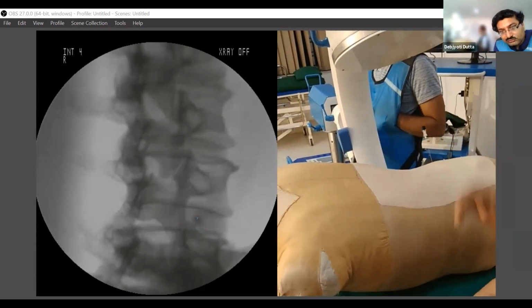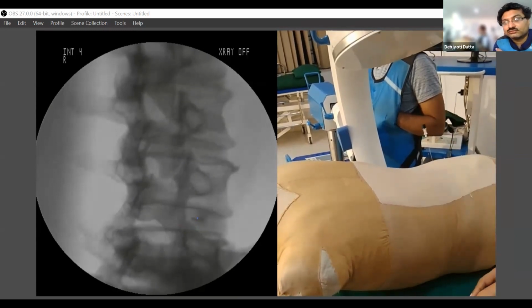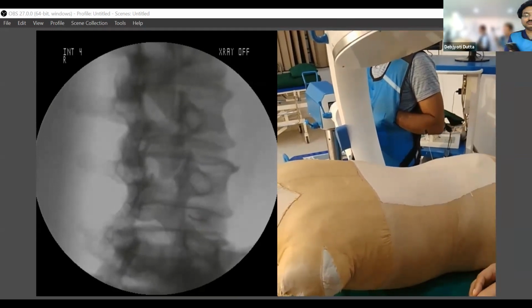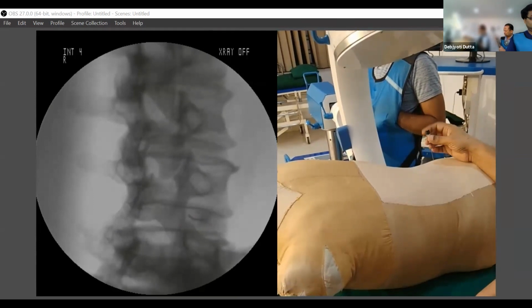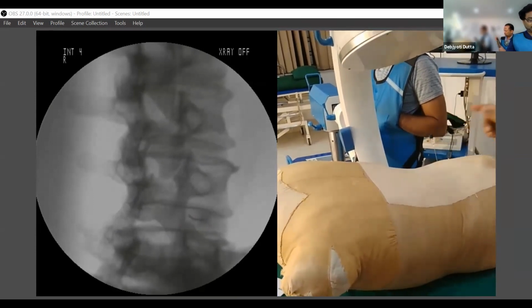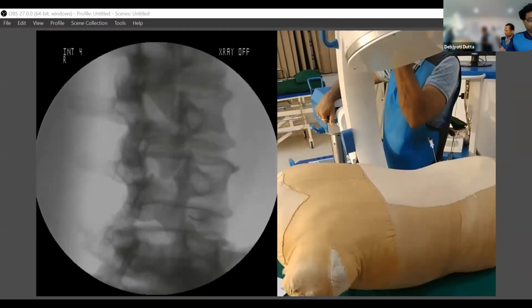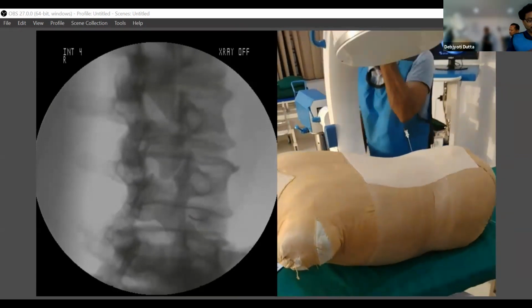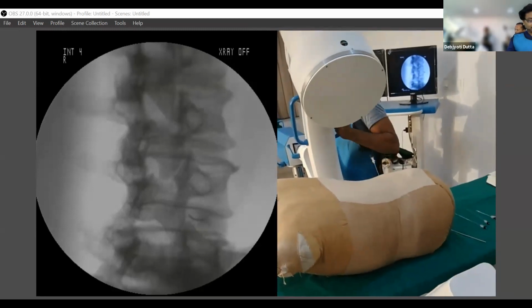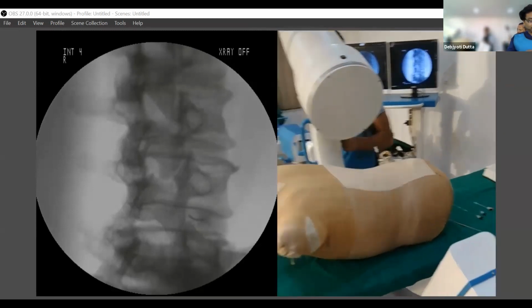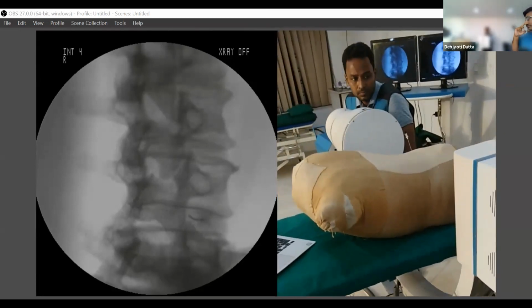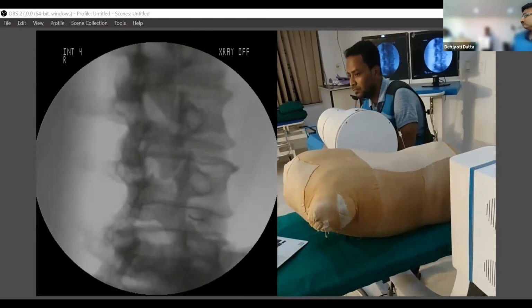I'll be going in this way till I feel directly. I'll be feeling the disc, or sometimes your needle might be hitting the superior articular process. In that, you just need to rotate it. I'm just hitting the disc, and I'll be going by lateral view now. Lateral view to understand depth. So sometimes we call it as depth, direction, depth. So you have to check lateral view to understand how much your needle tip is traveling. How deep is your needle tip?